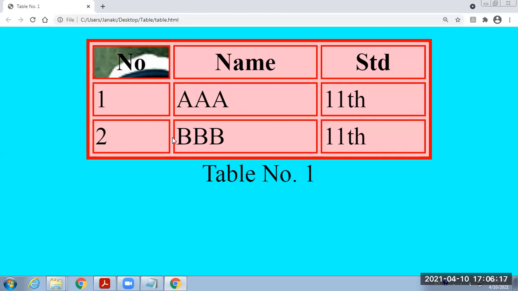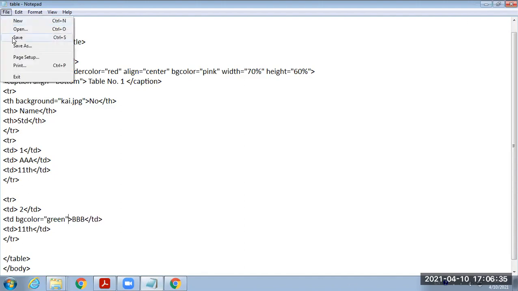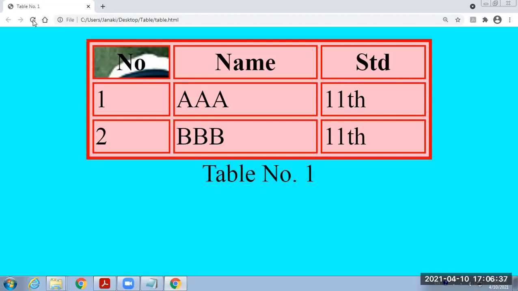Now if you want to change the color for this B, then let's go here, B cell, that means here, and then provide the BG color equal to, suppose, green, and then save it and run it.